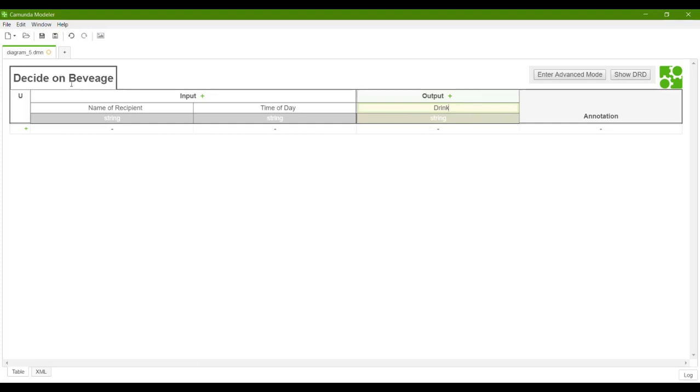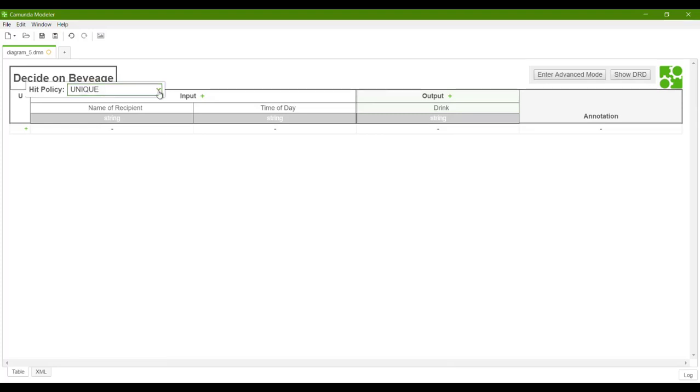The next thing we should do is decide on a hit policy, which is this guy right here. The unique hit policy is the default one. It has a U up here. If I select it, you can see it there in the drop down. The unique hit policy says that only one rule is allowed to match, or no rules. If more than one rule matches, then it'll actually throw an error.